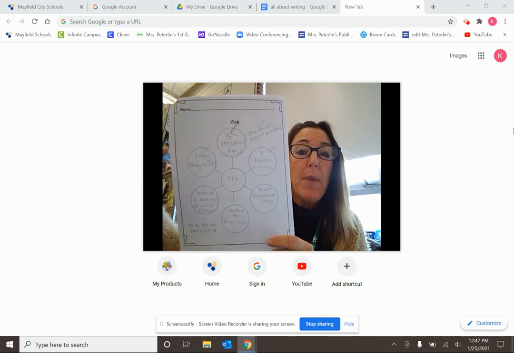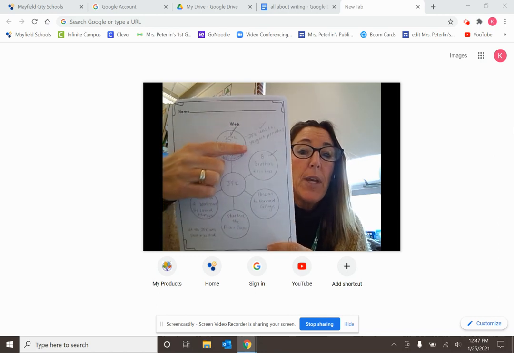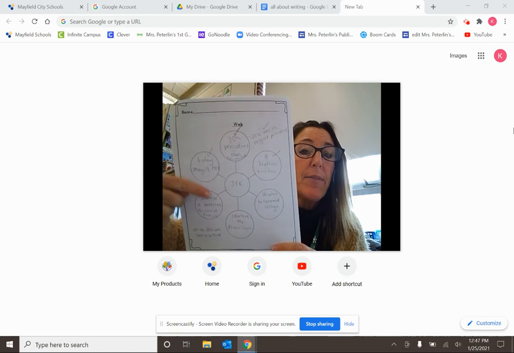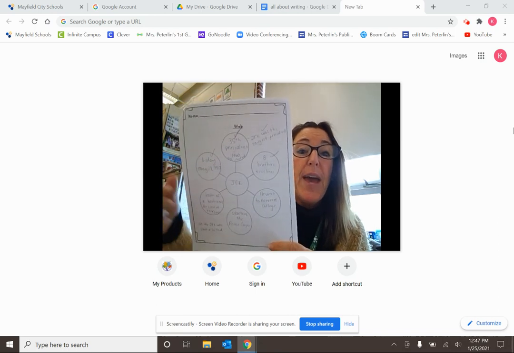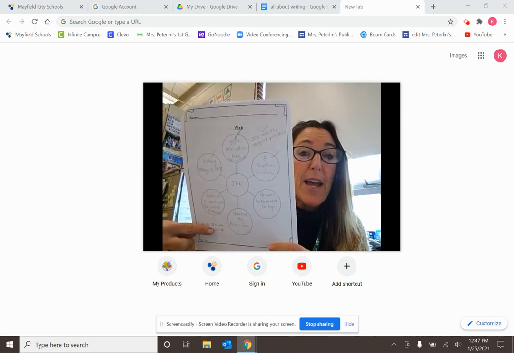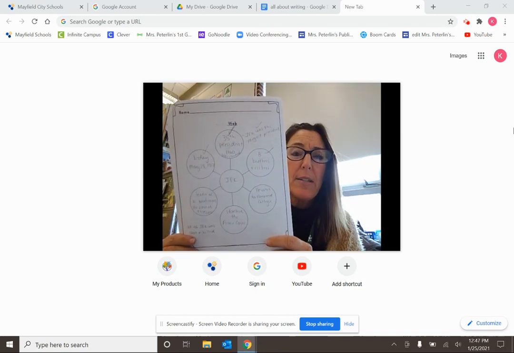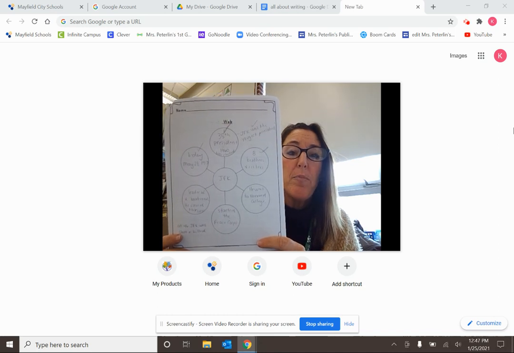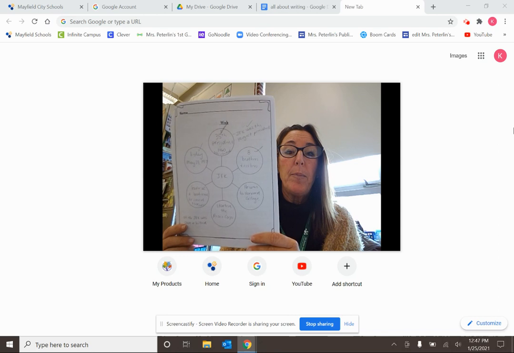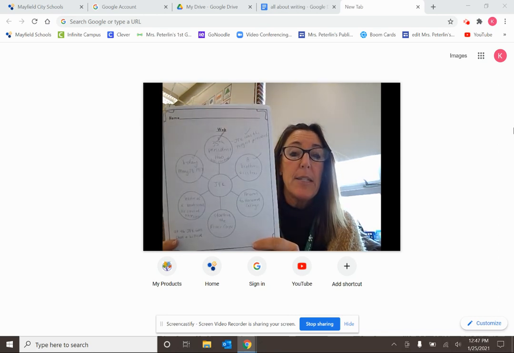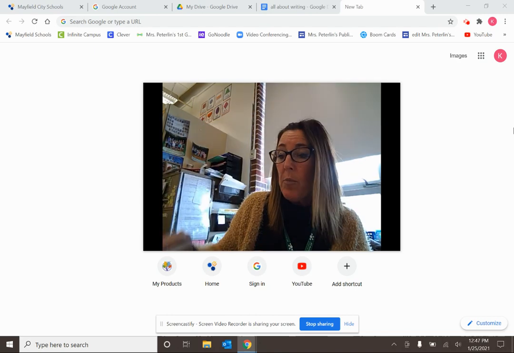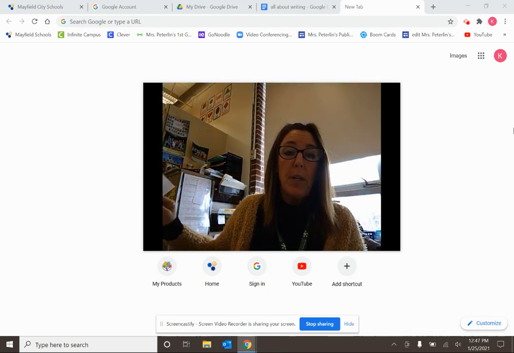If you could see on mine, boys and girls, you have the middle, and then you have 1, 2, 3, 4, 5, 6 different facts. But I actually wrote an extra one up there, and I actually wrote another one down there. So I actually wrote 8 facts. So it is okay if you have more than 6 facts. I did 8. And we're going to use these facts today to write your story about your president. The things that we're going to be looking for in the story